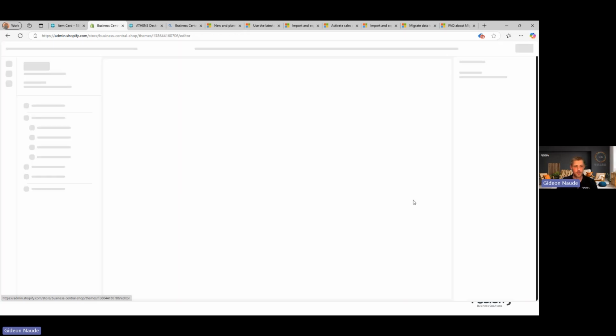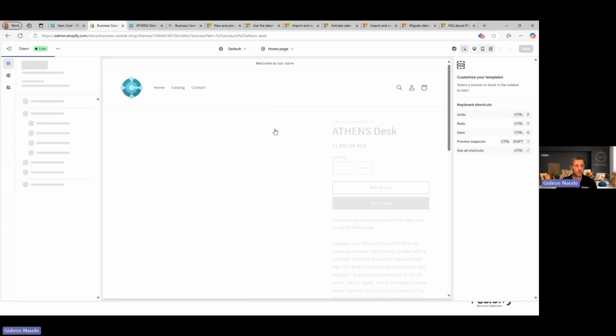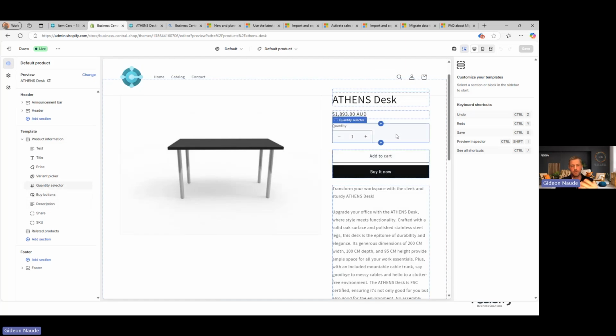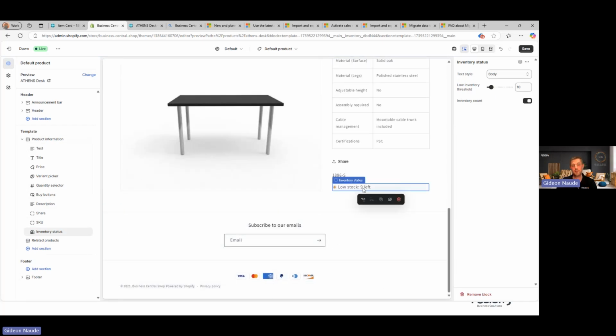So if I go and customize my theme over there, and I go to my product pages, and I go to the default product page, you can see that this is pretty much how it looks at the moment. And it's even showcasing that product that I just pulled over. I can then go and add a new block in there, and that will be the inventory status that I want to add. So let's just try that one more time. I'll just do that, right? So now it tells me that there's stock